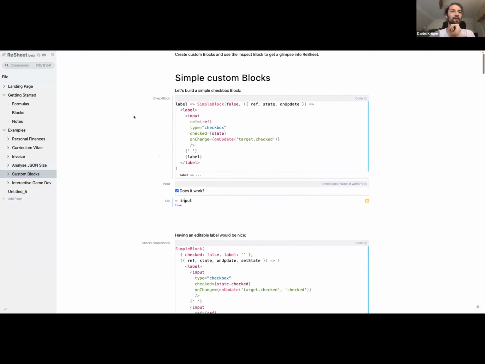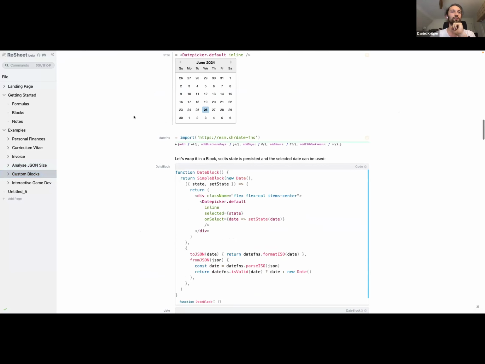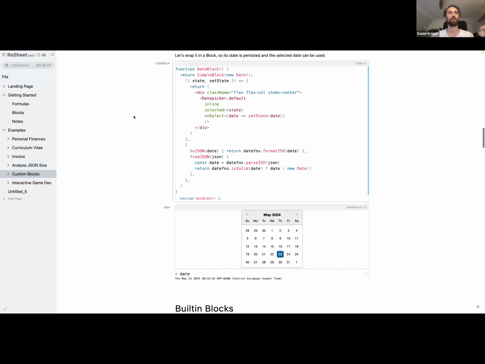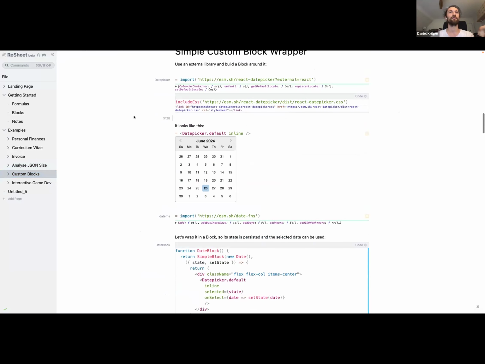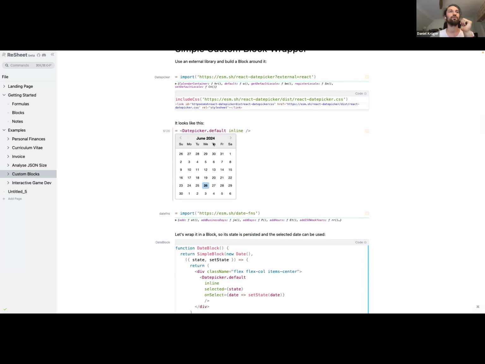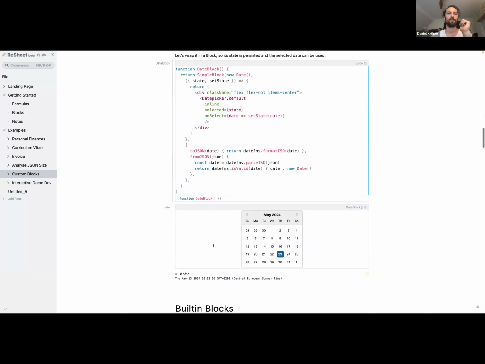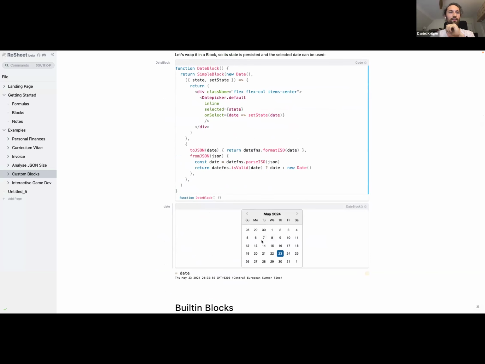But, for example, it doesn't have a block for picking dates. So I can import some library from npm.js. I'm using it for getting some UI, and then just build a small wrapper around that. And I have this date block now, which I just